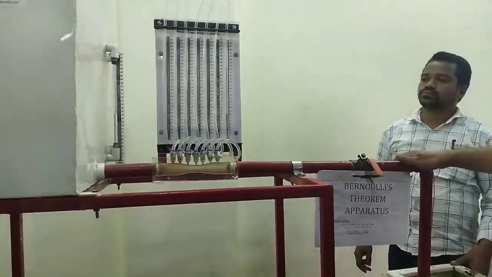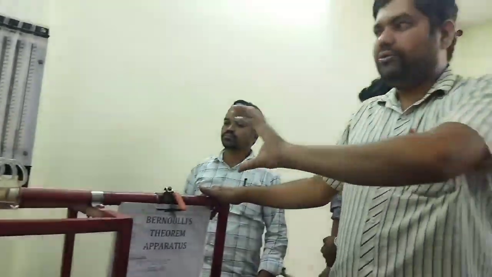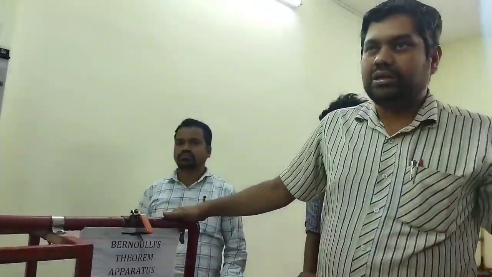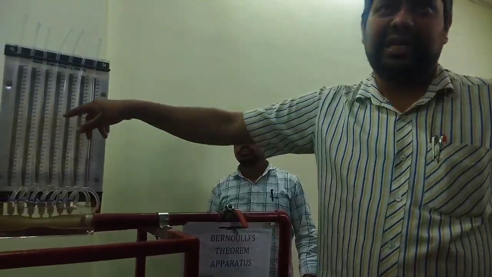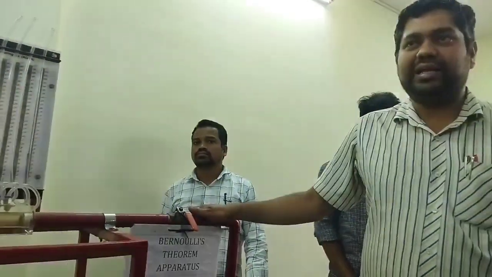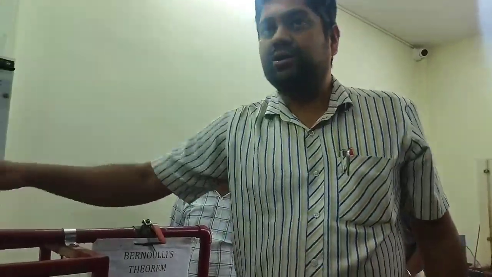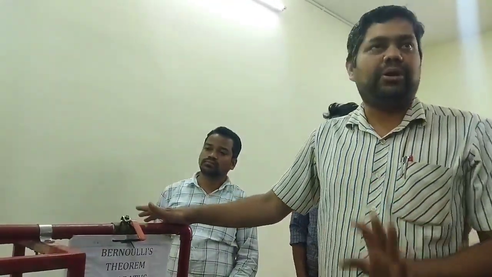So this is the experimental view, and in the calculation part we will show what readings were taken and what the values are. The pipe values are also already given here, standard values. Using this relation we can find the energy level, and at every point the energy level should be constant. Section 1 to section 2 we have to define according to Bernoulli's theorem.